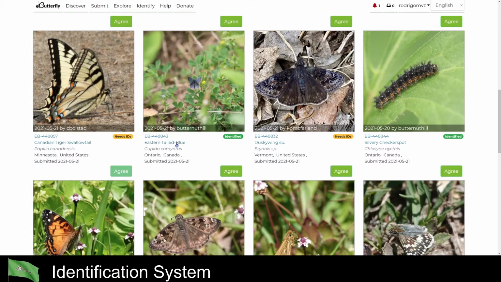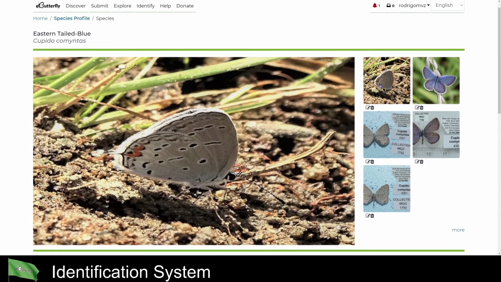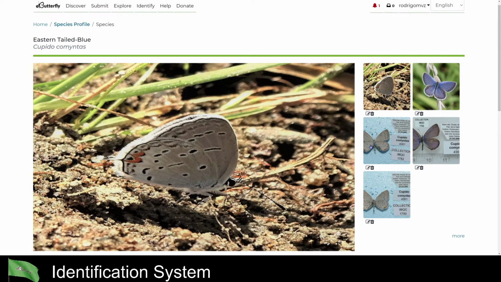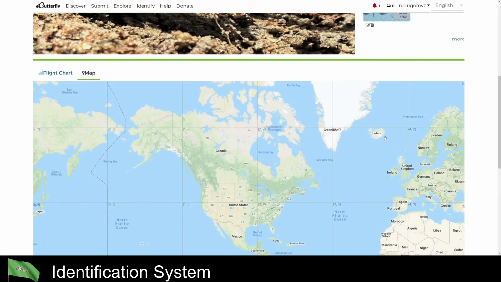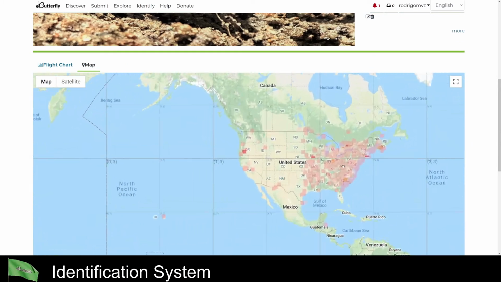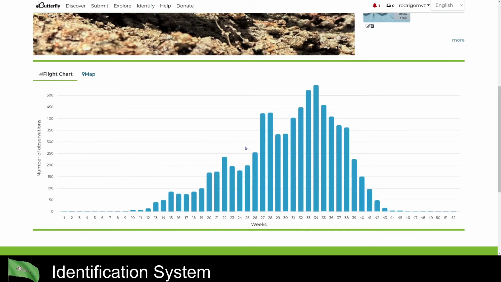If you click on that name, a new window will open with the species profile. This species profile gives you a list of photos, the flight period, and the map of where that species appears. So in this case, it's like an East Coast kind of butterfly. It flies